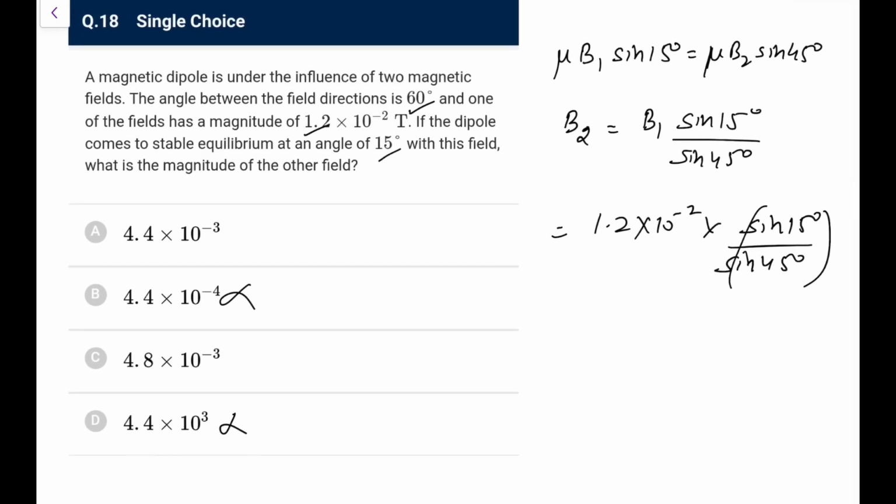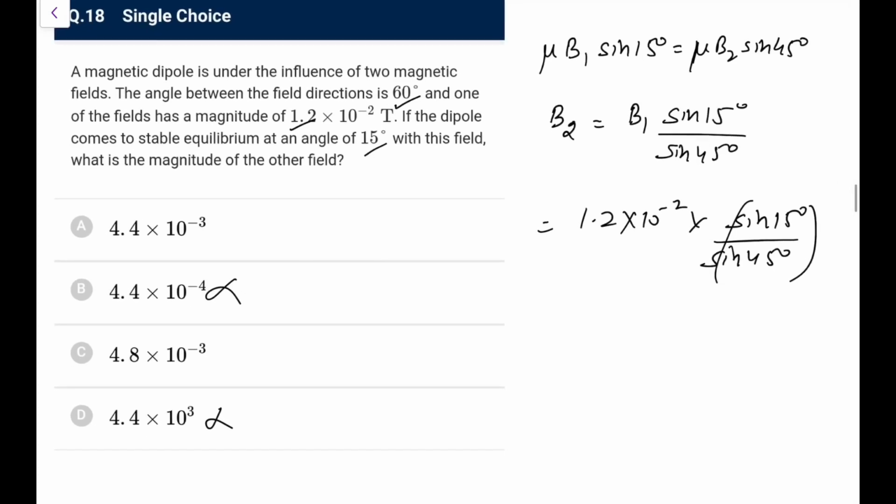Now what is the value of sine 15 and what is the value of sine 45? You should be knowing, or you should be given. I am assuming you don't know, because I know you don't know this value. How you can find out this value is up to you. One thing is, sine theta can be written as theta up to 15-20 degrees. So if I write it as theta in radians, sine theta would be theta. So 15 degrees converted into radians would be pi upon 180, and sine 45 you know is 1 by root 2. So if I do this, this is 15, this is 12.